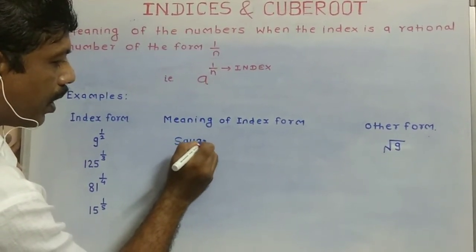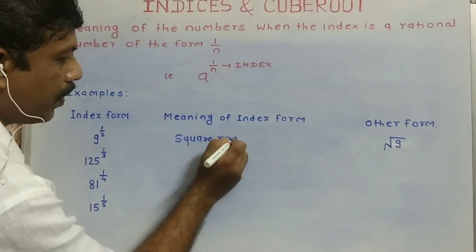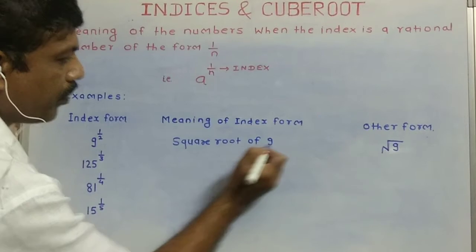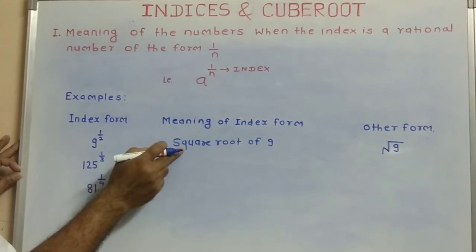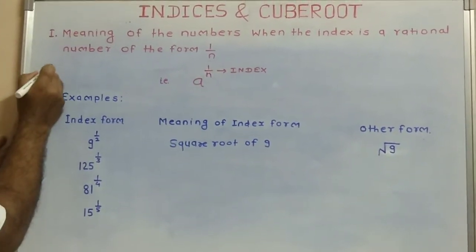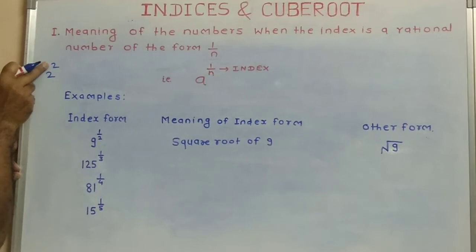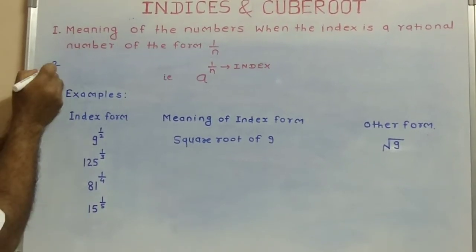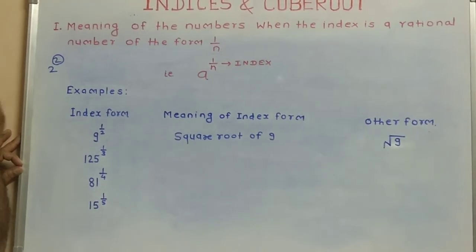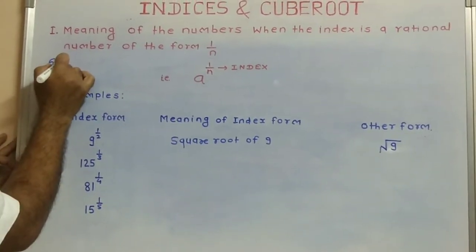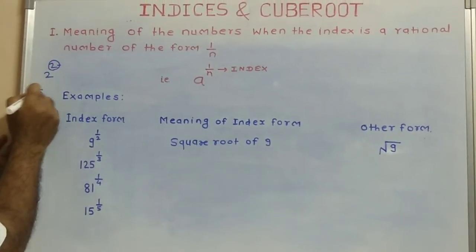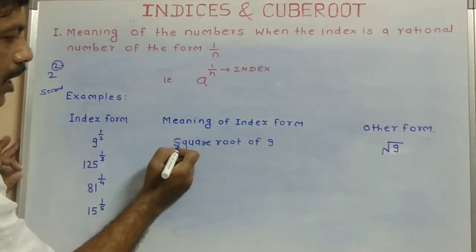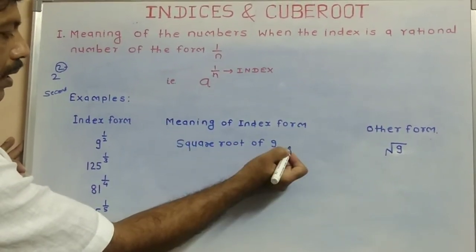It is the square root of 9. You can also call this square as, suppose I am taking 2 square. This is nothing but 2 multiplied by 2, which will be equal to 4. This value is known as square. It can also be called 2; in English you can write it as second. Therefore, you can also call it second root of 9.